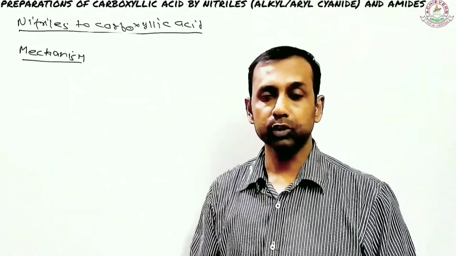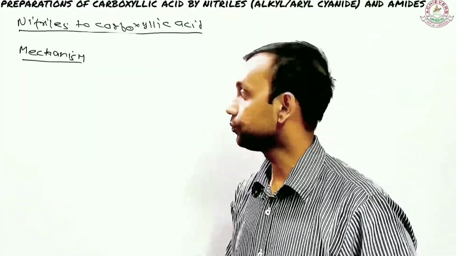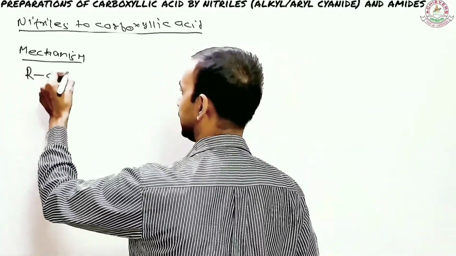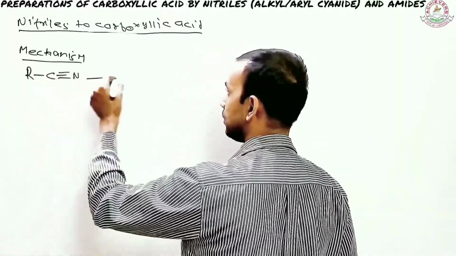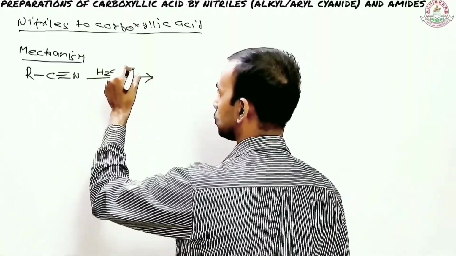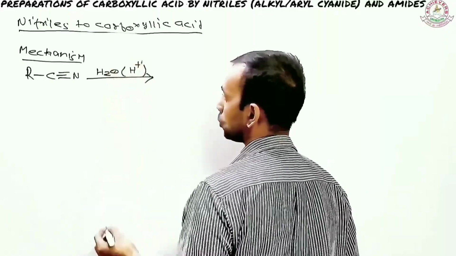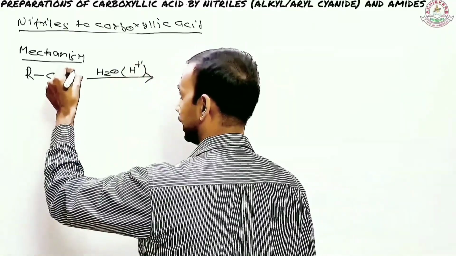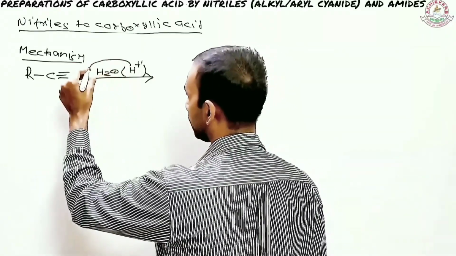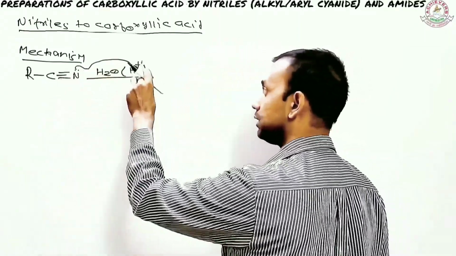Okay, so we have to do the mechanism part now, and that's going to be really interesting. Let's see what this is. What we have here is this nitrile, and another thing we have is water. Water is definitely a source of proton. Now you probably know that nitrogen has a lone pair. So what happened? This proton reacts with the nitrogen because it is nucleophilic by nature,